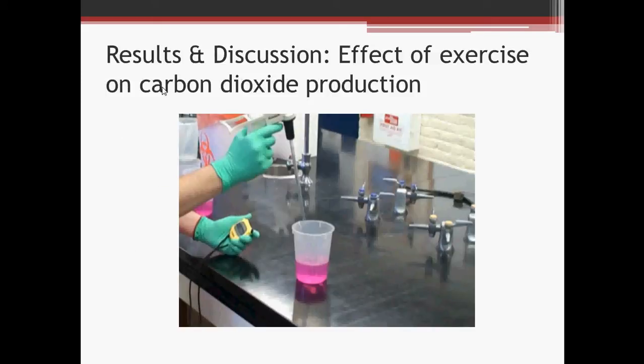Effect of exercise on carbon dioxide production. 3 beakers were filled with 200 milliliters of phenolphthalein. Room air was bubbled into the first beaker until the phenolphthalein concentrate turned from pink to clear. Exhaled air was bubbled into the second beaker until the liquid turned clear. And in the third beaker, exhaled air after 2 minutes of vigorous exercise was bubbled through until the phenolphthalein turned